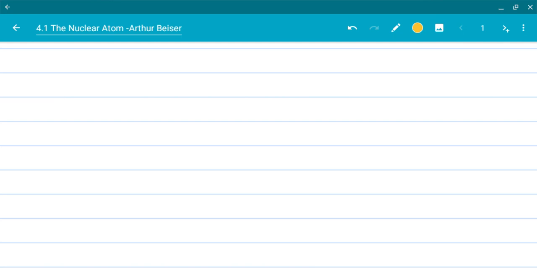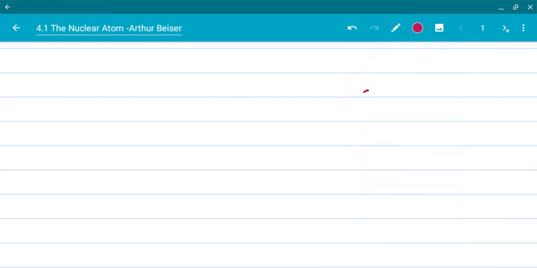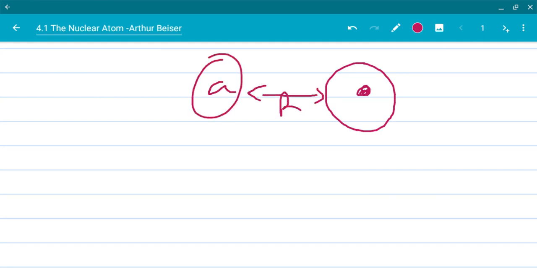Now let us see what was the smallest value of r. Let me draw it again over here. This is my nucleus, this is my atom, this is my r, this is my alpha particle. In this video we will be trying to determine the smallest value of r to which alpha particles approached in early experiments. The smallest r value will always be at 180 degrees, when the particle approaches the